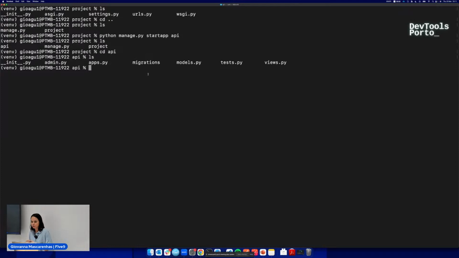I prefer to create another file just to work with the business logic and pass in views what we need to show to the client. In documentation and a lot of tutorials, they teach to put the business logic in views, but I think the project is going to be very messy when it's growing. So I like to create another file for that.